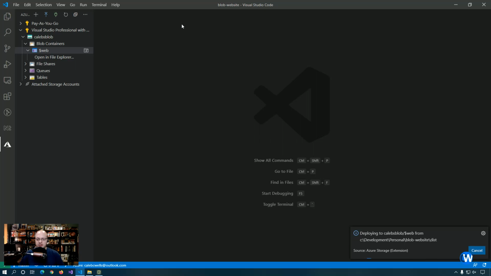and we'll give it a minute to push all the assets up there. Shouldn't take too long, and then we're going to take a look at the website. Okay, so now you see it deployed our Angular app to this address. We can actually update this to use our own domain name. We can also do a few other things with it, but for this video, we're just going to leave it with the one that